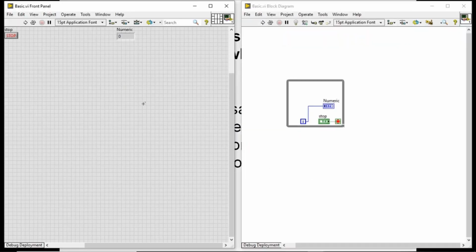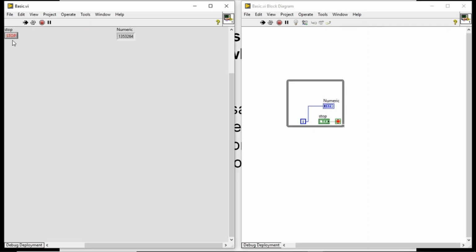So I just have one while loop. In this case, every iteration will be updated until I stop it. I'm pressing the stop button, right? You just see it keeps on updating the value, but you cannot read it, since every iteration works in milliseconds, so they update their value continuously.